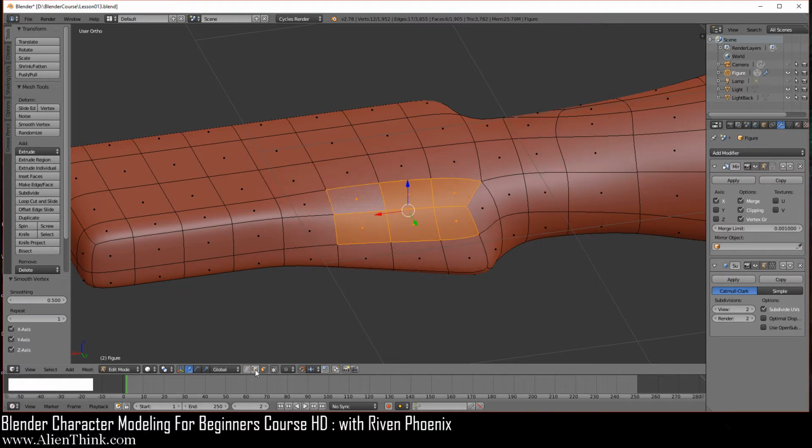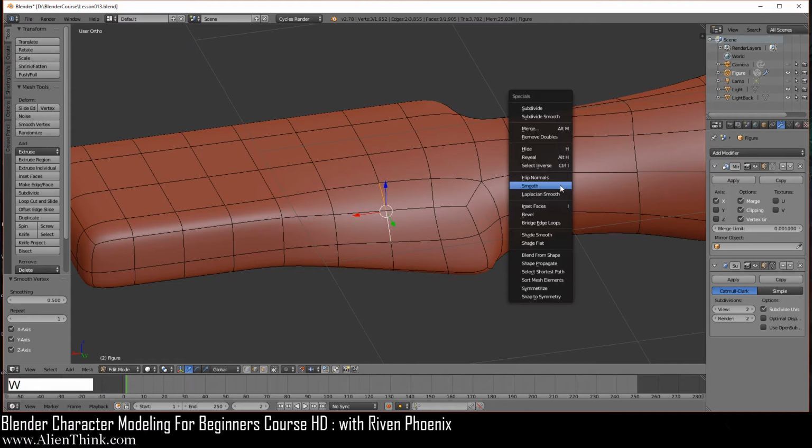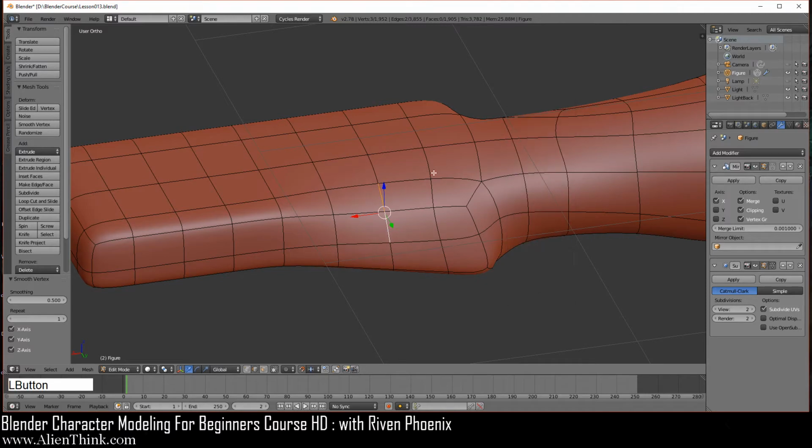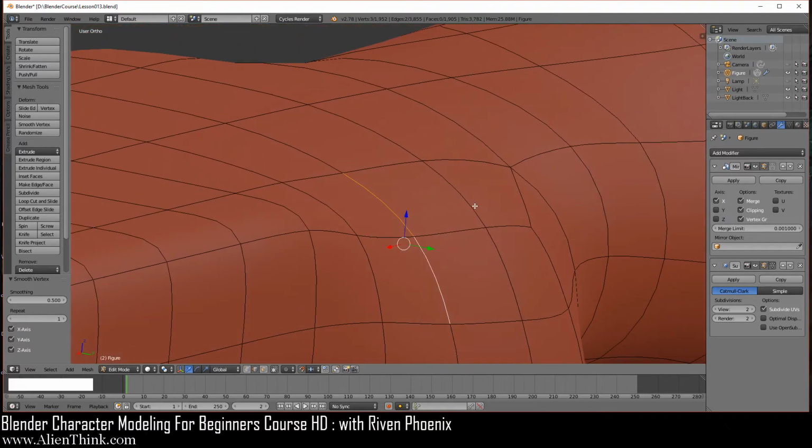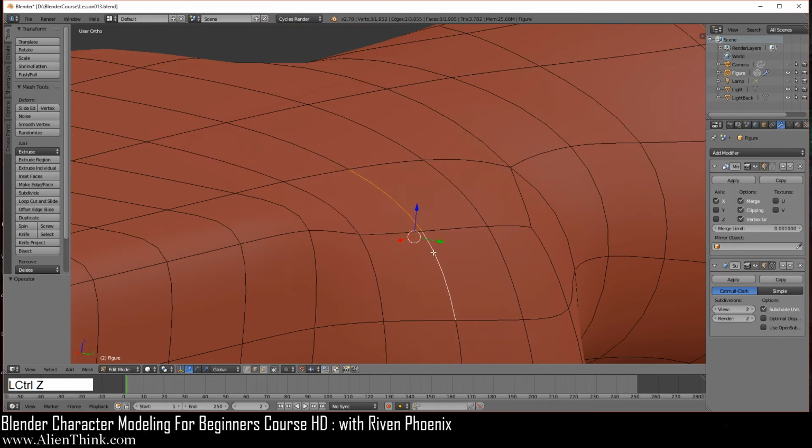Now go ahead and click on the edge select mode, click on these 2 edges. Now I'm going to smooth this 4 times, but notice that it seems that it's not even moving. W smooth, 1, 2, 3, 4. This is because we're doing micro movement. So if I just zoom in just to show you, I'm going to do Control Z, 1, 2, 3, 4. See how this is moving? So I'll just put it back. Shift Control Z, 1, 2, 3, 4.